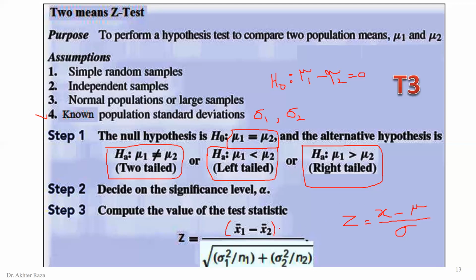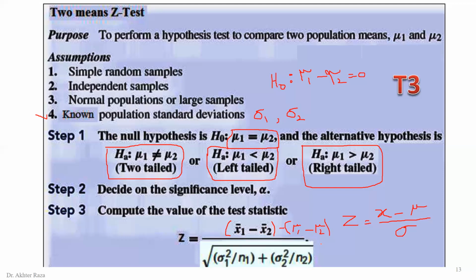But we do not have the mean here. Why do we not have the mean here? The reason is that the difference of two population means is 0. If the difference of two population means is 0, we can write it as mu1 minus mu2 here. If mu1 minus mu2 is 0, then the formula is reduced to only this part. So in most problems, we are going to test the equality of the two means, where mu1 minus mu2, the difference, is 0, and you can use the reduced formula.